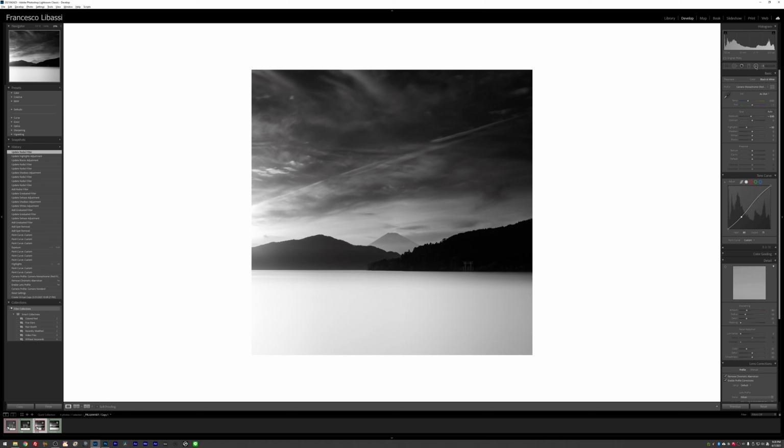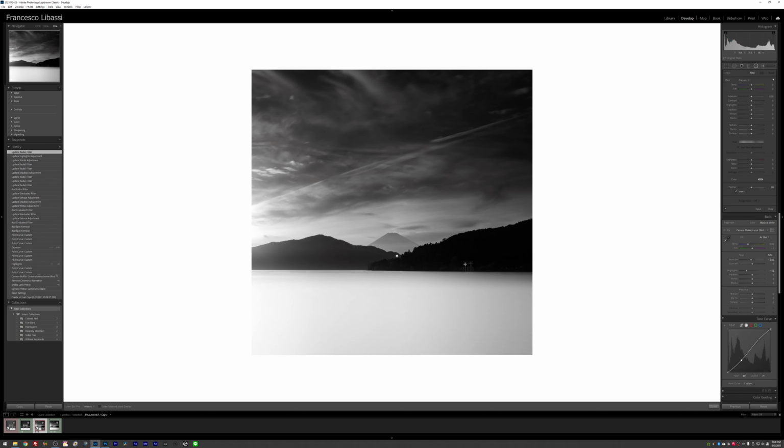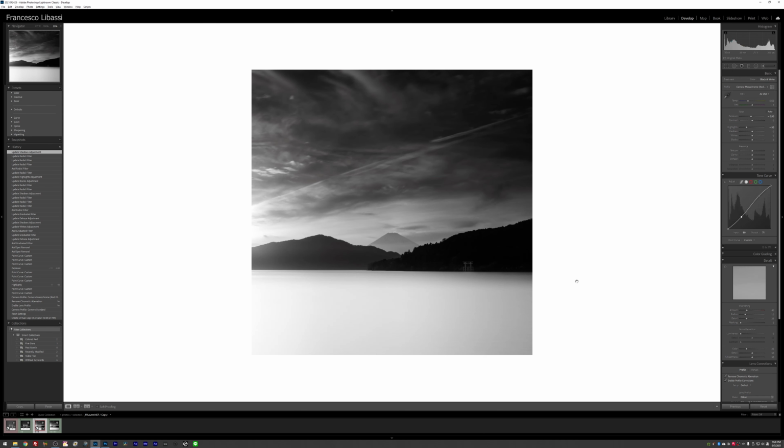And then I think I just want to make this gate stand out even more. So I'm going to try with another radial filter here, and I'm going to draw it around the gate, like so, a really small one. And most of this part is in the shadows, so I want to be kind of subtle, but I think if I just lift the shadows by maybe 10 or 20, something like this, you can see the difference. It's not a huge difference, but you can definitely see the gate much better, and it looks quite natural, like that. So yeah, this is everything I did to this image in Lightroom.